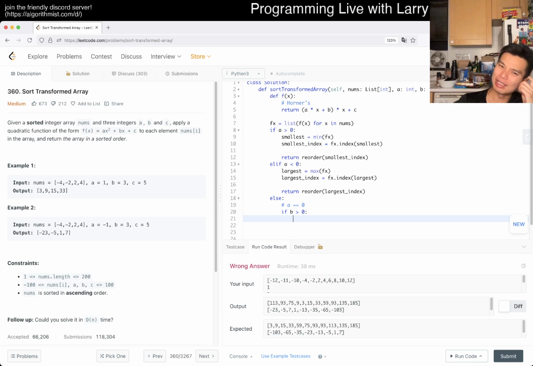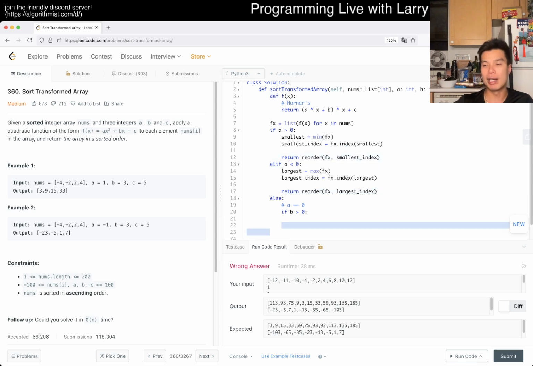This reorder thing is a little bit awkward. Maybe I have to be a little bit clearer, to be honest. And also I forgot to pass fx, right? Maybe it's a little bit unclear. Maybe I have to do a little bit more about it. But when b is greater than 0, then the smallest element is the first element. So you can just say reorder fx 0, right? And then else, well, if b is equal to 0 or otherwise, then we